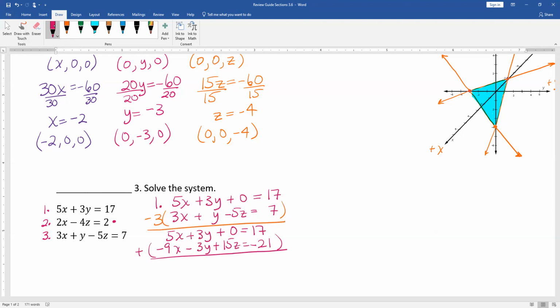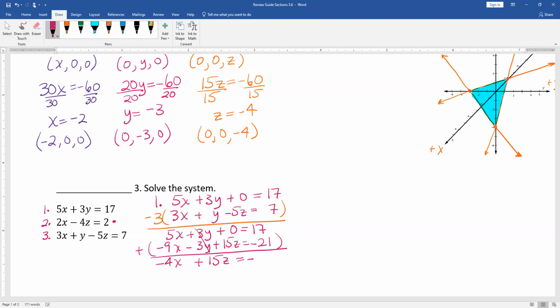5 plus negative 9, that's negative, so we're subtracting. So our answer is going to be negative 4x. These cancel each other out. And then we actually just bring the 15z down because we're adding it to 0. Okay, 17 and negative 21. I know my answer is negative because 21 is a bigger number. 21 minus 17 is 4. All right, so now I have an equation, negative 4x plus 15z plus 4 that matches my second equation,